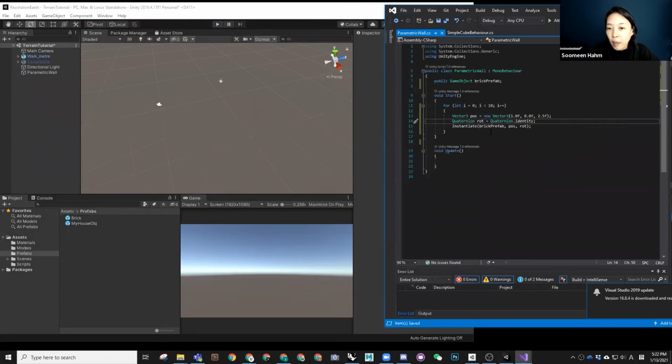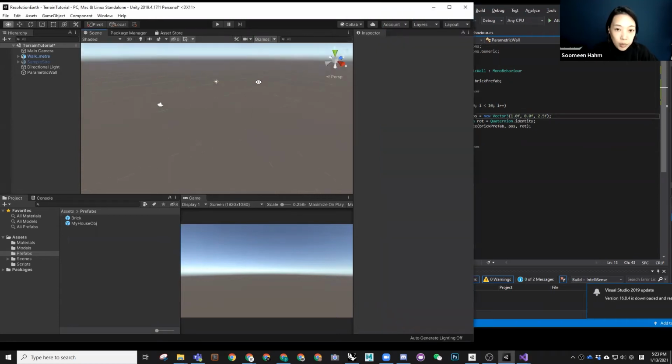Actually, what's really happening here is there is this number called I that is increasing by 1 until it becomes 10. So actually I is changing from 0, 1, 2, 3, 4, 5, 6, 7, 8, 9. So that's why you can use this number to do something to their position. So now because I have this I, I want maybe the Z direction,